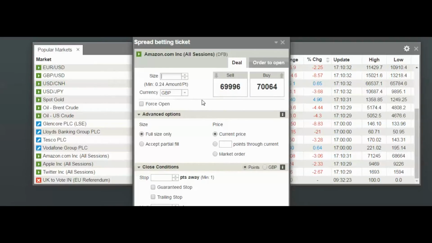So if you decided that you were going to sell Amazon, IG are saying that the minimum amount that you can trade is 24p per point. So if I put in 24p, and the price at the moment is 70,000,